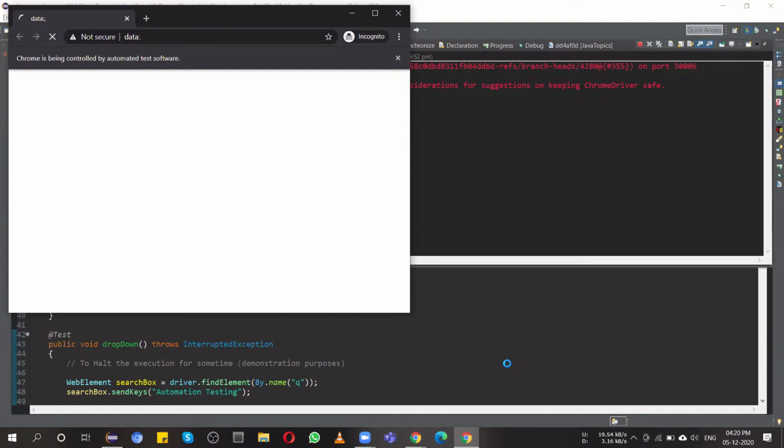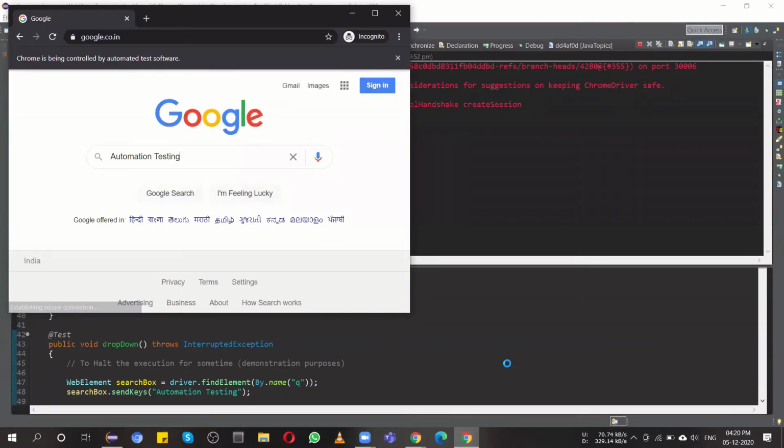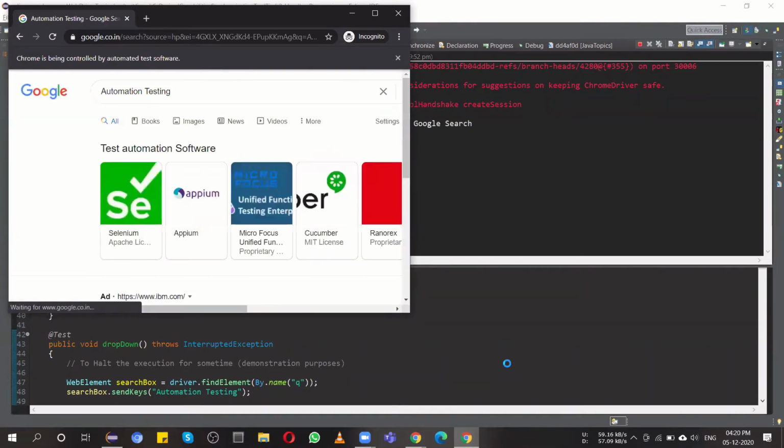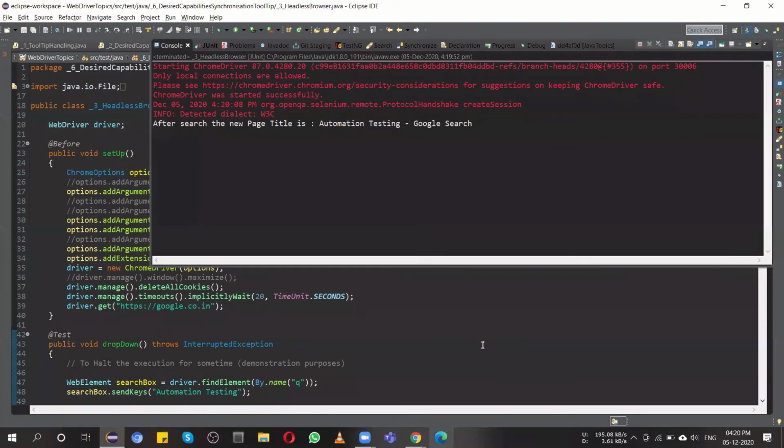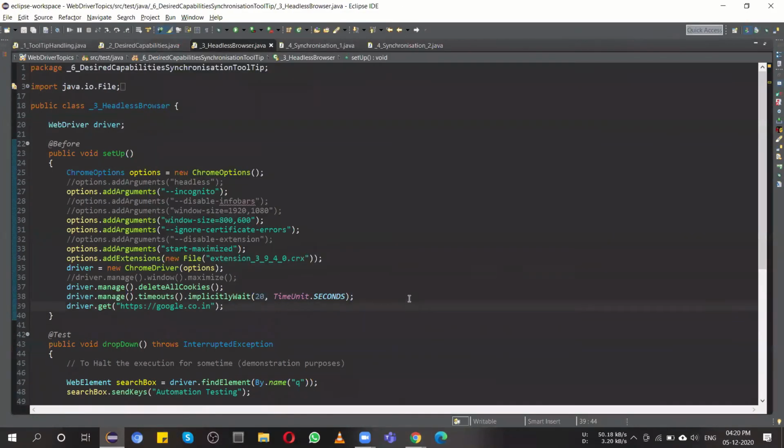See, it opened in incognito, then 800 by 600, and where did that extension go, or not? Okay, let's just try for the incognito. We had tried, it actually worked, the window size actually worked.